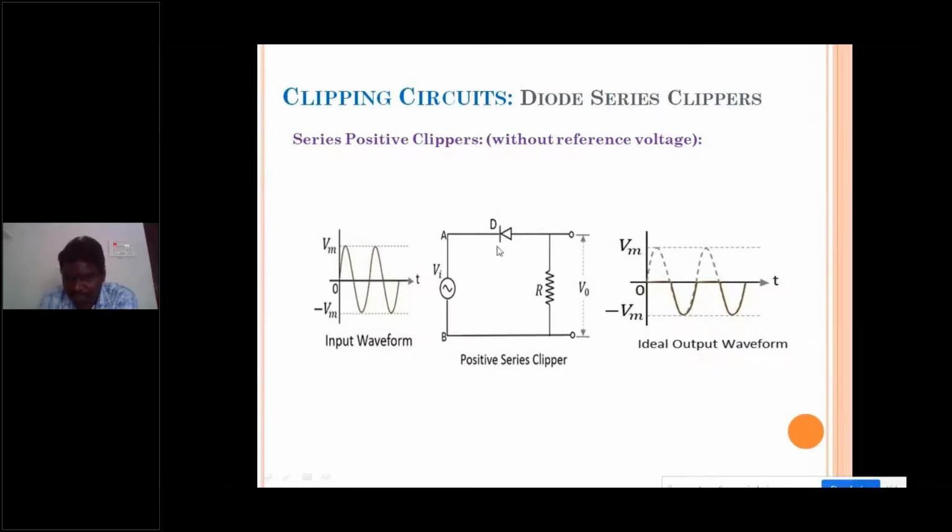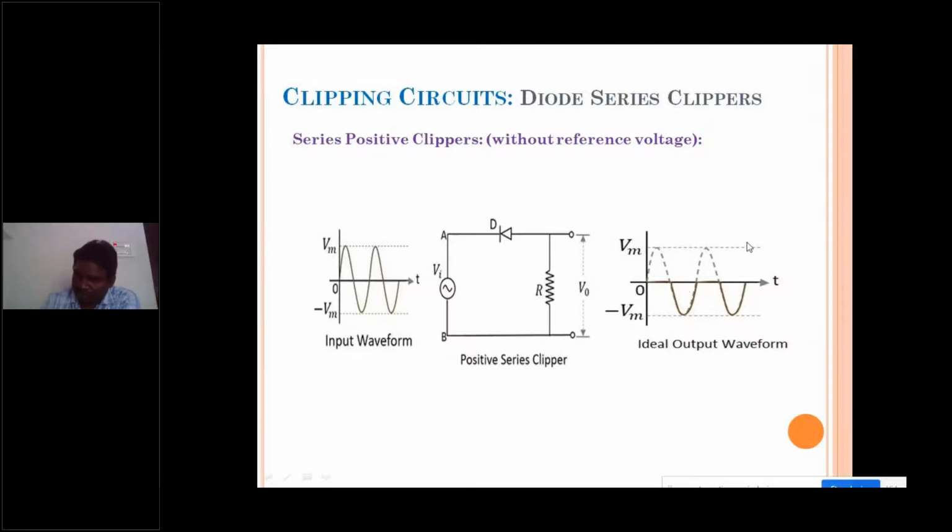So that this diode is forward biased. When this diode is forward biased, whatever the voltage, whatever the input which we are applying here, that is simply transmitted to output. So the output is exactly the same as the input when the diode D is forward biased. The simple thing that we need to understand: when the diode D is reverse biased, the output is 0. When the diode D is forward biased, then the output is the same as the input. So the negative half cycle is simply transmitted, and the positive half cycle is clipped.